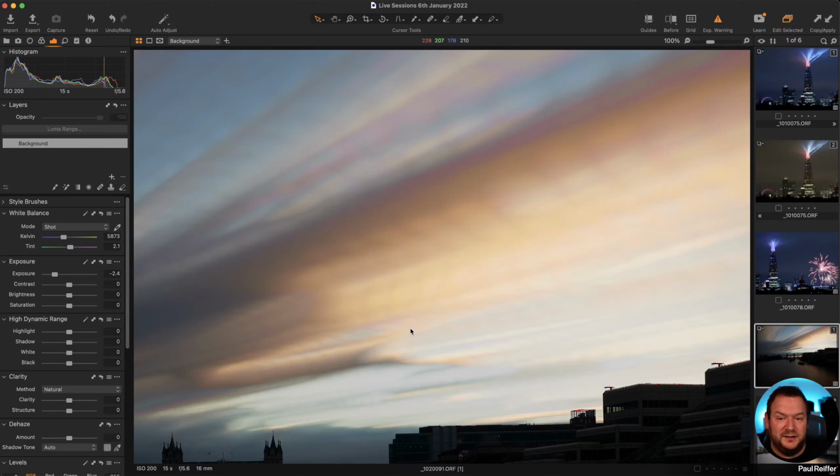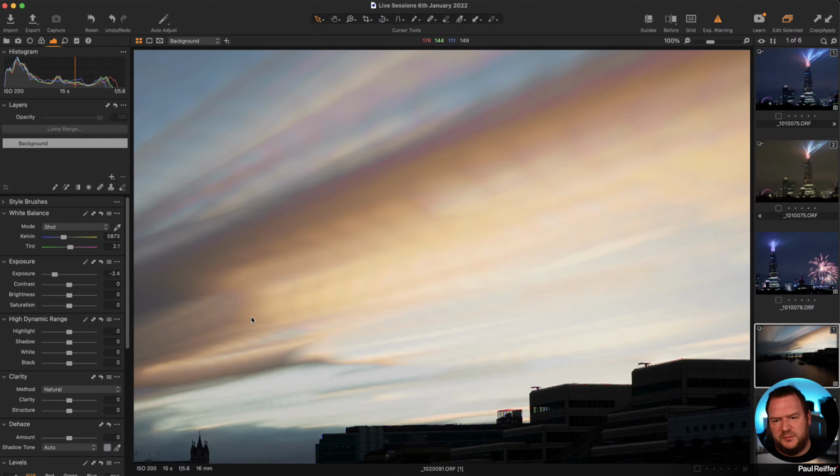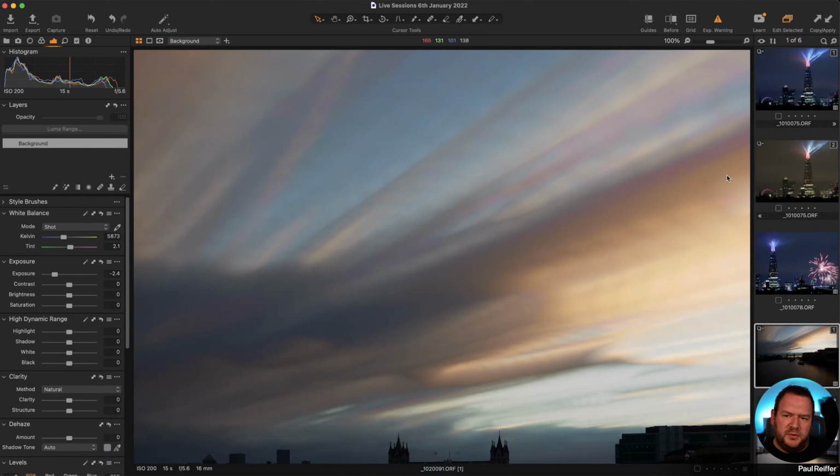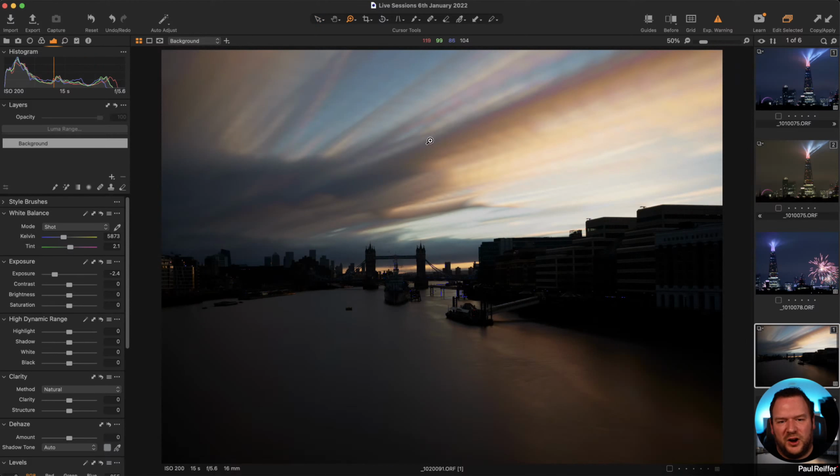I have seen similar in some forms of frame average shot, but this was a single 15-second exposure. And I don't know, was that the cloud shape? And maybe the cloud had sort of judders in it or something like that. But this is weird to my mind on a long exposure. I wouldn't expect to see patterning like that in the cloud.